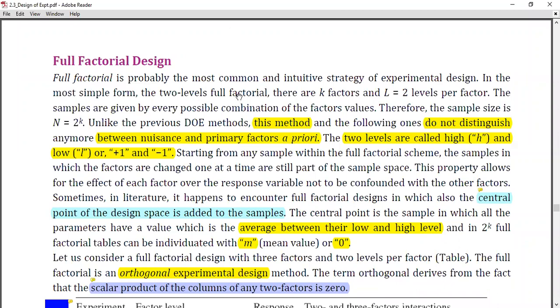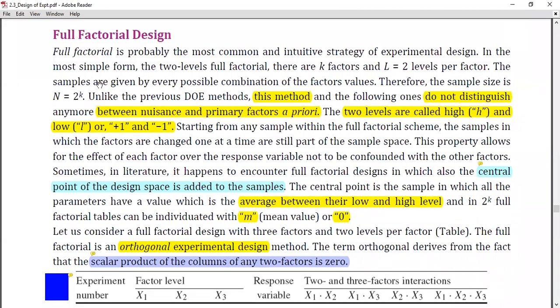In this video lecture we'll see another type of design of experiment, full factorial design. As the name says, we'll be considering the factorial combinations. The experimental design is of factorial combinations, and the full version of that will be selected. There is one more type called fractional factorial design, which is a fraction of this particular design. It may be half, one third, one fourth, 1/8, 1/16, like that for the factorial. So here we are taking all possible factorial combinations of experimental combinations.